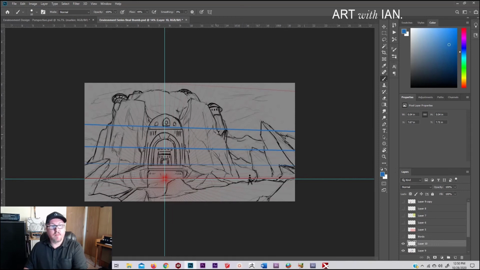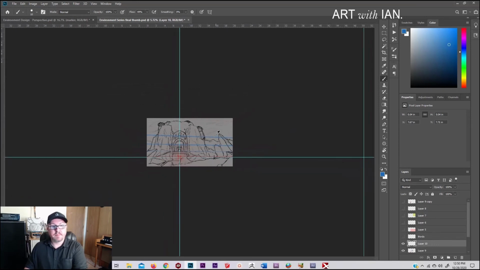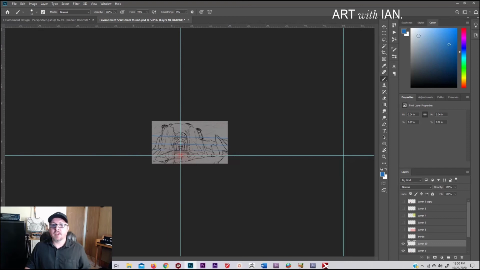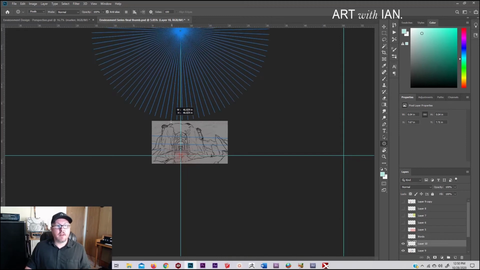And I'm going to zoom way out again. I'm going to change my color to something different, maybe a little greenish. And I'm going to get my polygon tool, and now I need to drag out from somewhere up here. This is my third point, right? My third vanishing point. This is where the convergence going upward comes from. So as I drag this down,